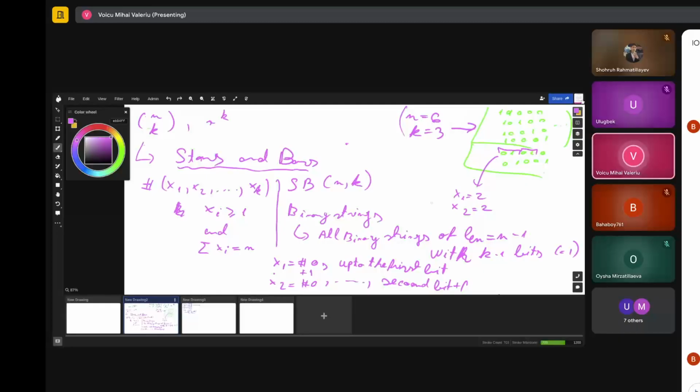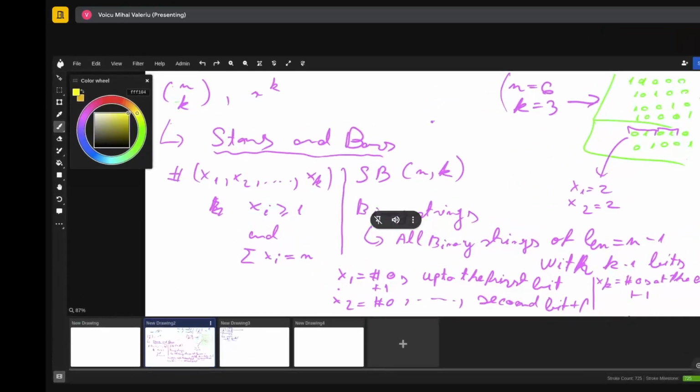The third one will then be the number of zeros at the end plus 1. Basically, what happens is that we just assume that there is a ghost bit of 1 over here,